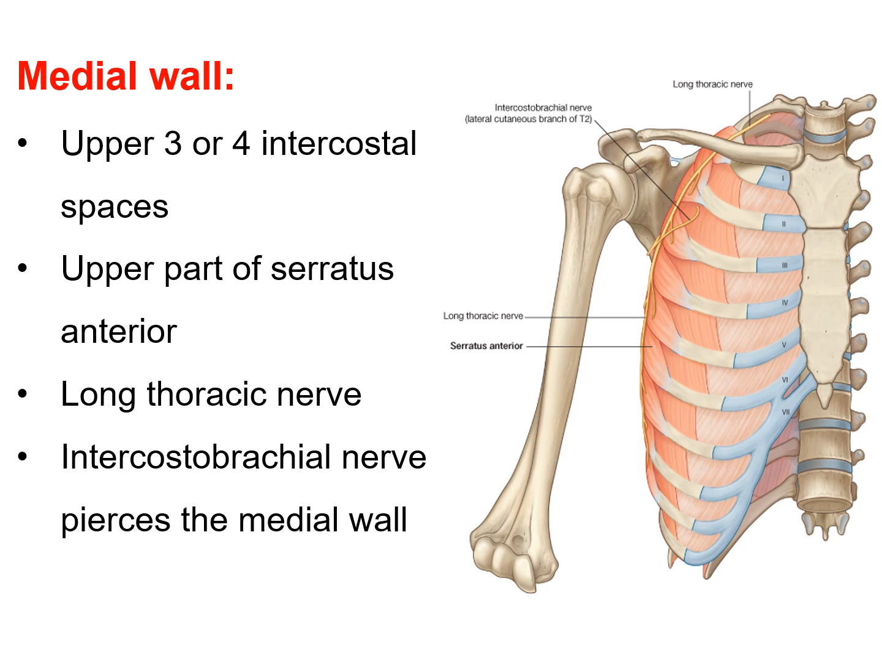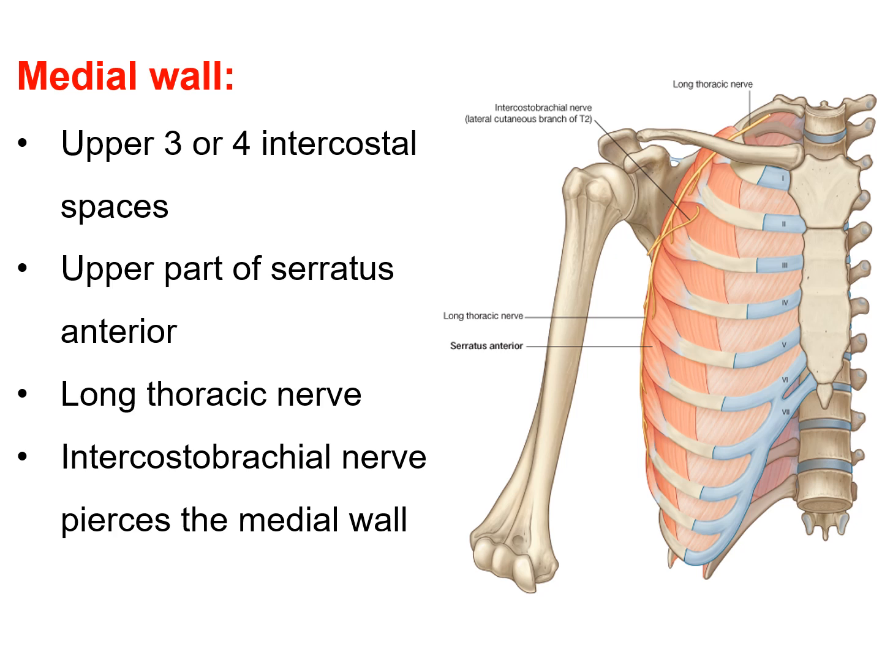And again, you also have the upper part of the serratus anterior muscle lying on the medial wall as well. Remember that the serratus anterior muscle also lies on the rib cage. And the long thoracic nerve, remember, is a C4 branch of the brachial plexus. We can see that the long thoracic nerve is coming directly from the C4 root of the